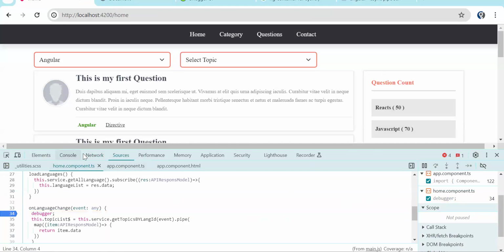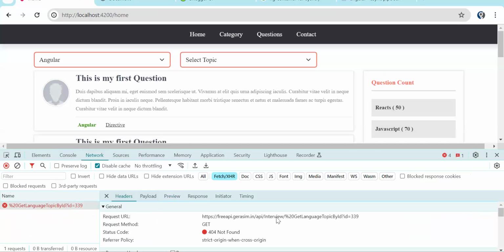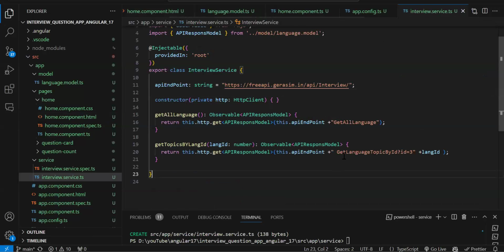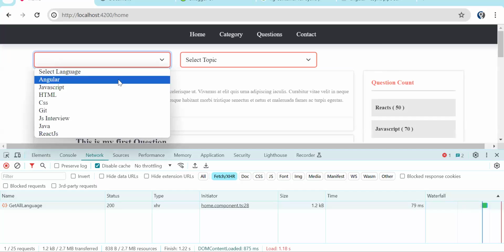Let's continue. The API call is there. You can see some space was there, I think, in the service. That's why, yeah. So the API call was there, and this ID was static only. Let's remove that. Now our API call should work fine. On the page load, the get all language API call is there. Once we change the drop down,